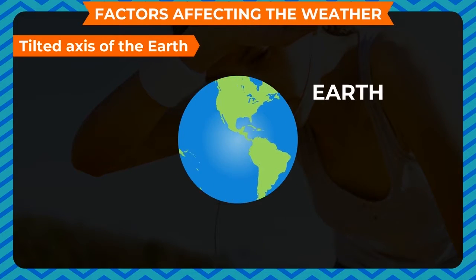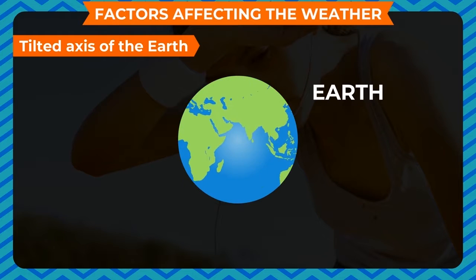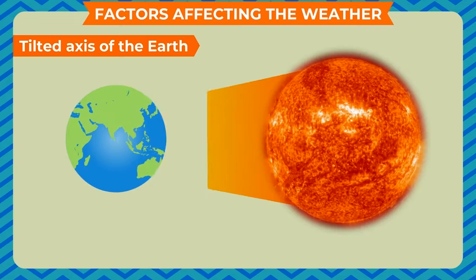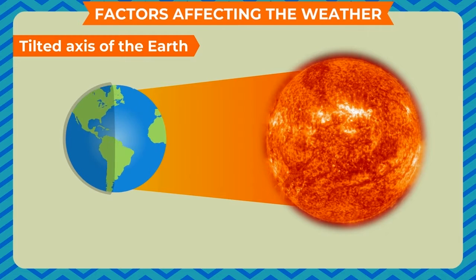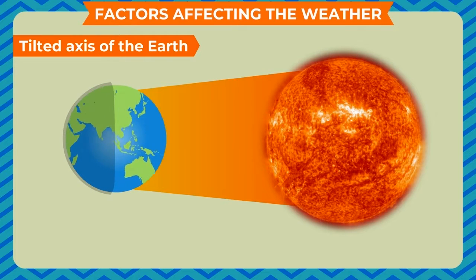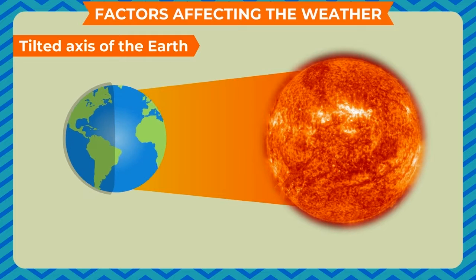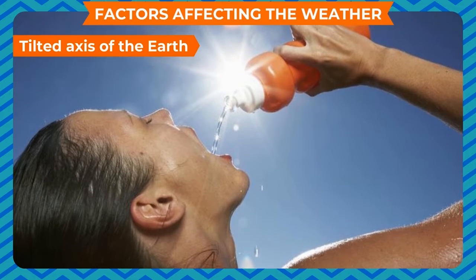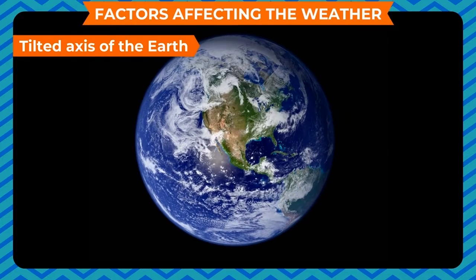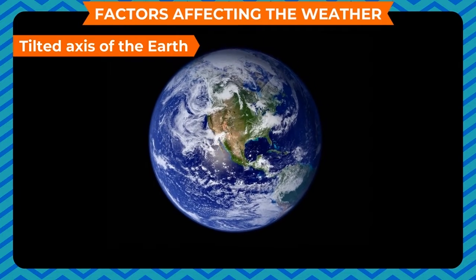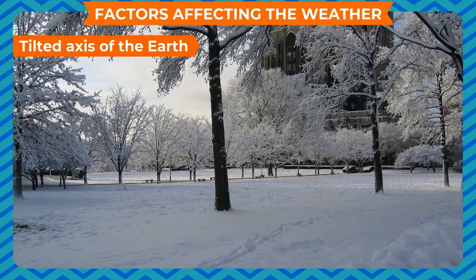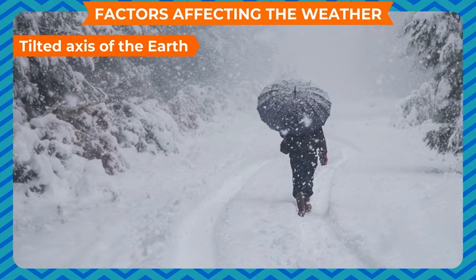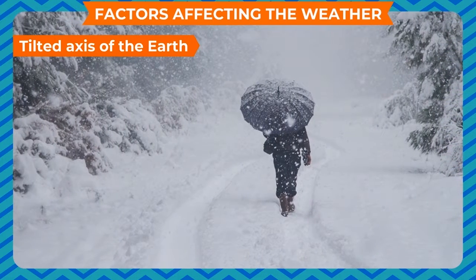Our earth rotates on its axis, which is tilted at an angle. So, half portion of the earth is closer to the sun, and the other half part is away from the sun. The part of the earth that is closer to the sun has summer because it gets more sunlight for a longer time. The part of the earth that is farther away from the sun has winter. So, the days in summer are longer and warmer, while in winter, the days are shorter and cooler.